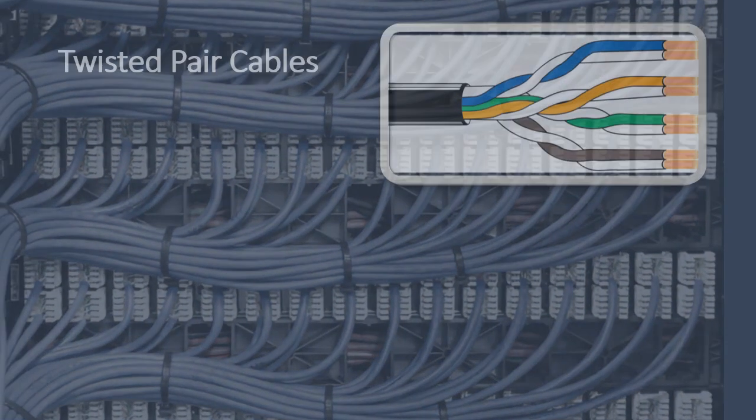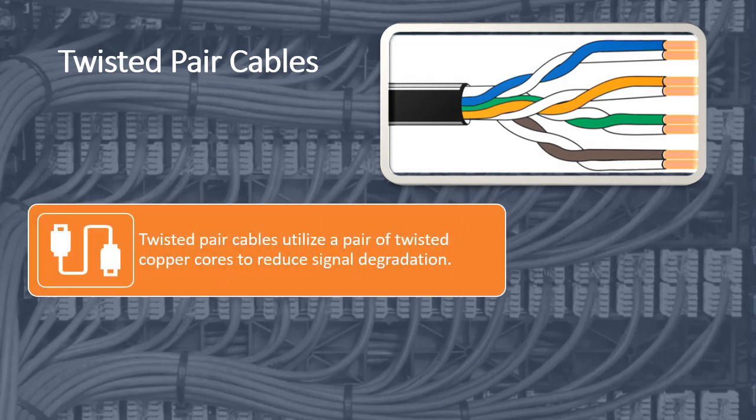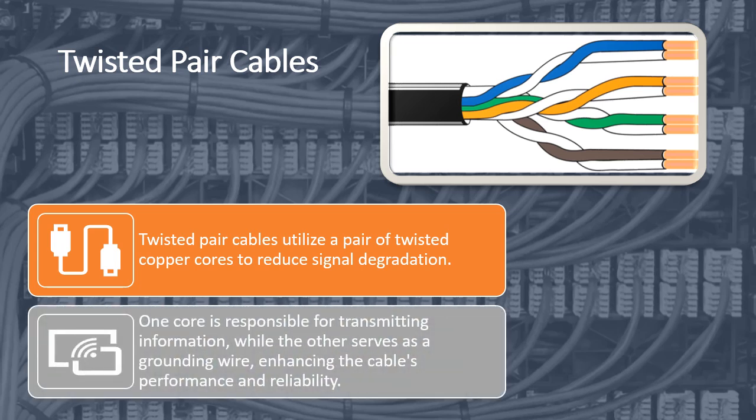Twisted pair cables. Twisted pair cables utilize a pair of twisted copper cores to reduce signal degradation. One core is responsible for transmitting information, while the other serves as a grounding wire, enhancing the cable's performance and